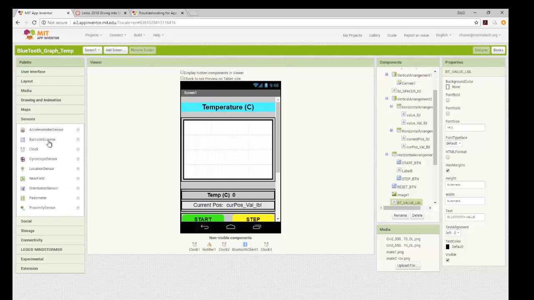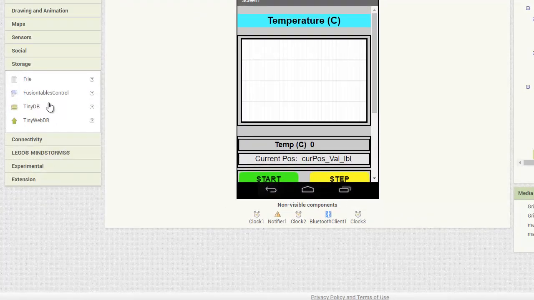So you've got your clock, gyroscope or sensor, location sensor, near field sensor. You've got orientation, pedometer, proximity sensor, all those on there. They give you some social items so you can pick email, make phone call, share whatever you've got there. And of course storage, create file,